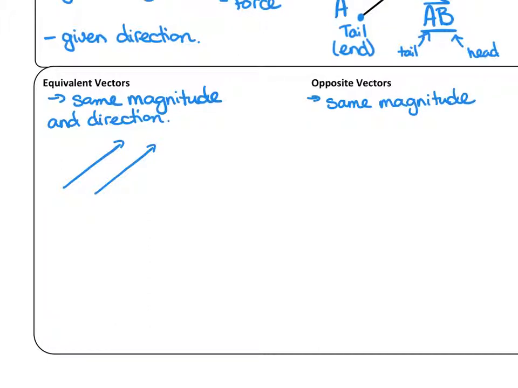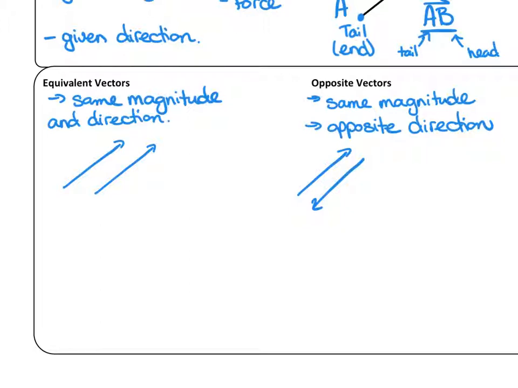And they are parallel, but they go in opposite directions. So if I was to do this, one would go this way, and my opposite would go that way. So still parallel, they have the same magnitude, they're just pointing in opposite directions. Let's move on to the other page, and I'll go over some examples and we'll talk about how they